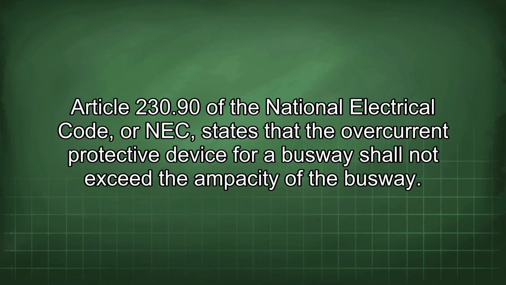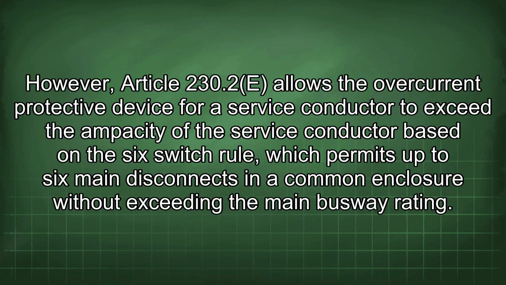Article 230.90 of the National Electrical Code, or NEC, states that the overcurrent protective device for a busway shall not exceed the ampacity of the busway. However, Article 230.2e allows the overcurrent protective device for a service conductor to exceed the ampacity of the service conductor based on the 6-switch rule, which permits up to 6 main disconnects in a common enclosure without exceeding the main